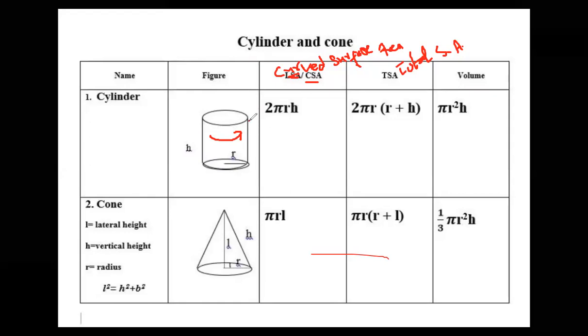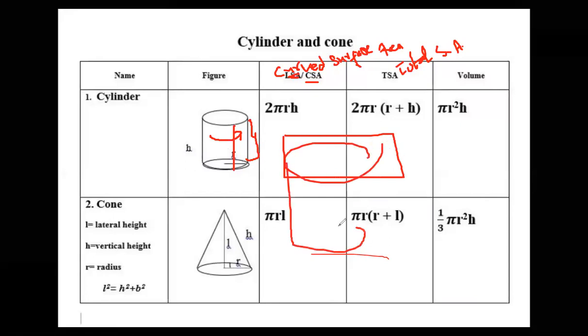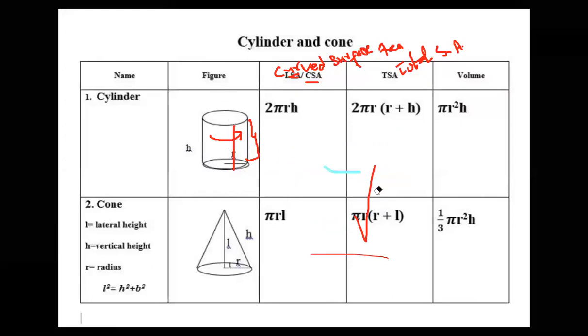Did you understand or not? Only this portion, from here to here, the area of the curved part. How much does it occupy? Suppose we cut the cylinder from here. We can see a long portion. If we roll it again, it becomes a cylinder. So what is the area of this part? That is called the area of the curved surface.